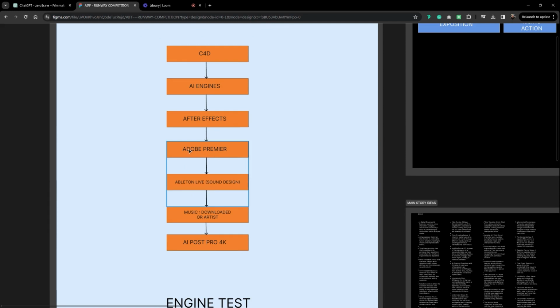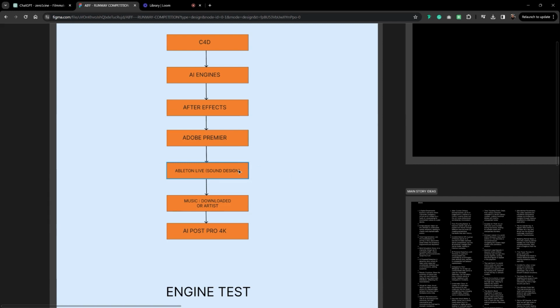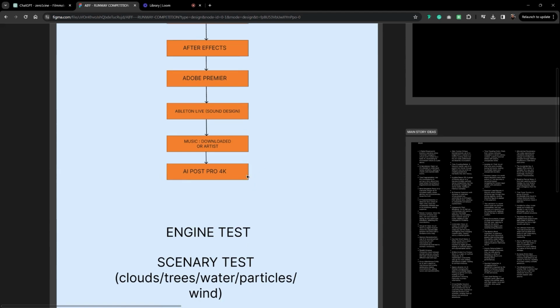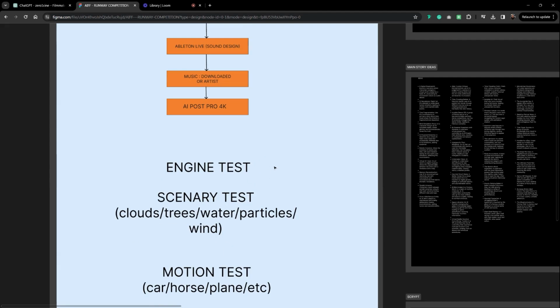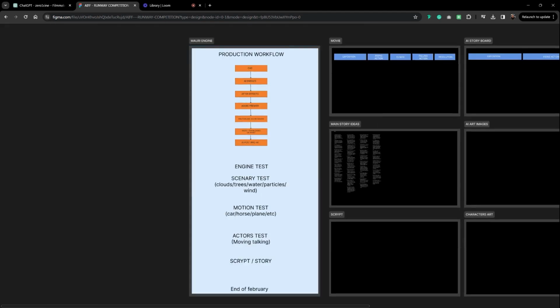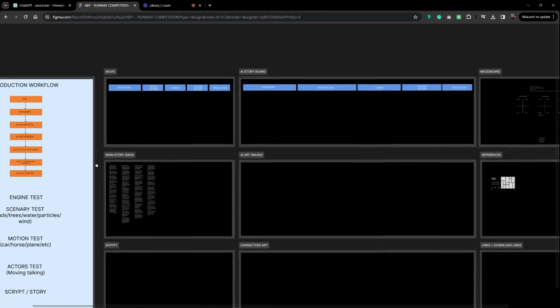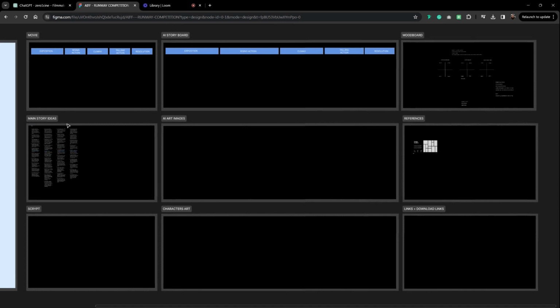You could use Runway Editor to do that. Ableton Live for sound design. In my case, because I know the tool, you can search for whatever AI tool to produce sound. Music, download or artist, and then use AI again to do the pro resolution. Okay. So I separated here what I need to test to make sure everything goes well with my deadline. Then we have the nice things, which is the